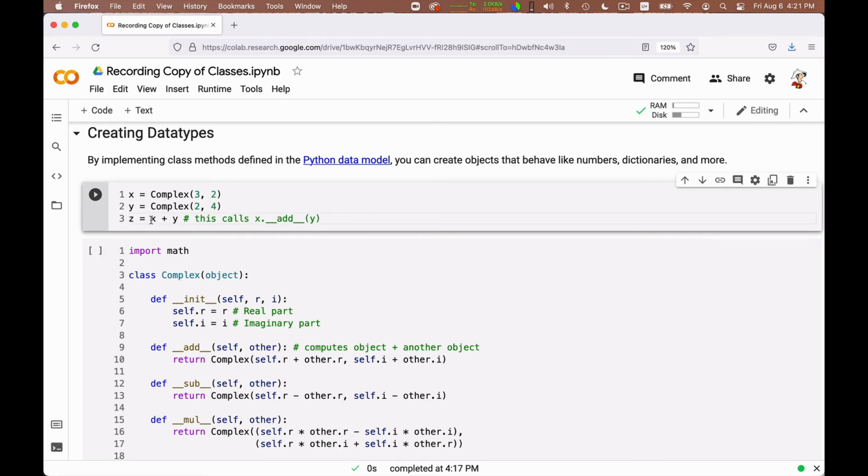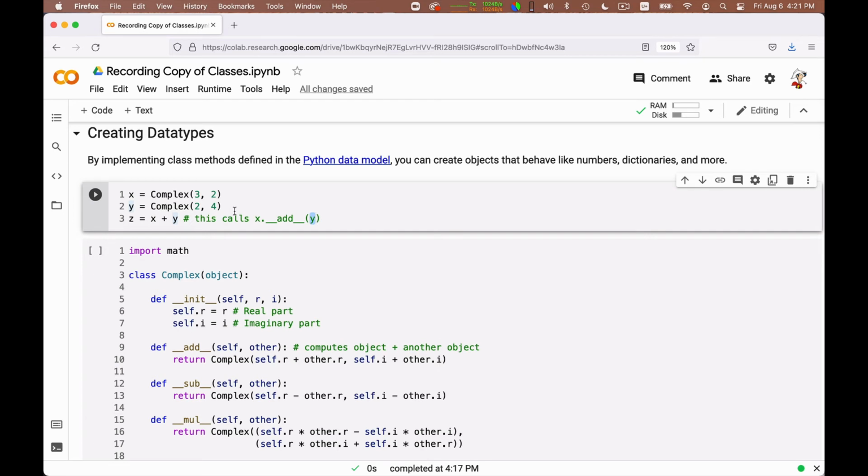When Python sees x plus y, it will reason as follows. Do I know already what plus means for these? Are these basic data types? No, they are not. Okay, so let me see if x has a method called underscore underscore add underscore underscore. And if so, I will pass y to it. Okay, and the result of calling this add method with argument y on x will be what I put into z. That is the way Python will reason.